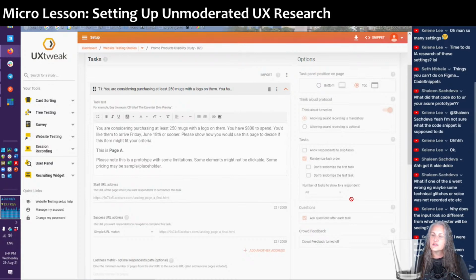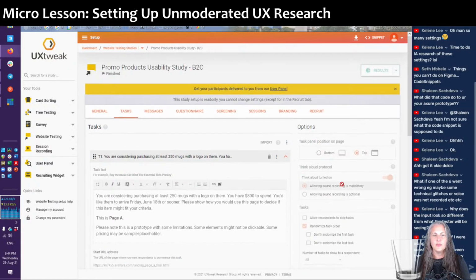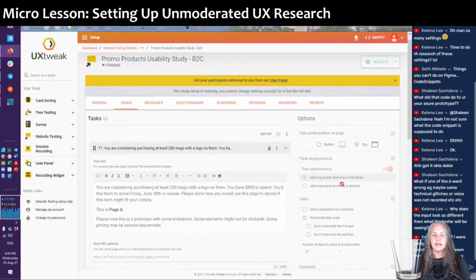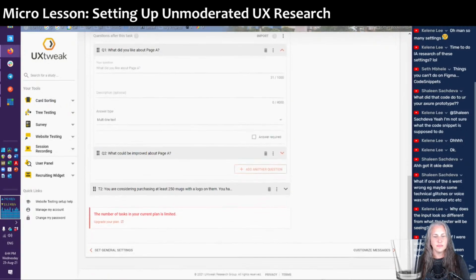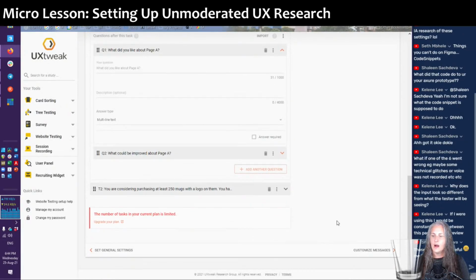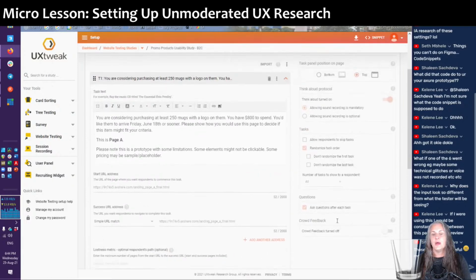So, Kayleen says, if I were using this, I would constantly be going between this page and the preview. The preview. Well, maybe I'm not getting a preview because I didn't pay. But yeah. Anyway,